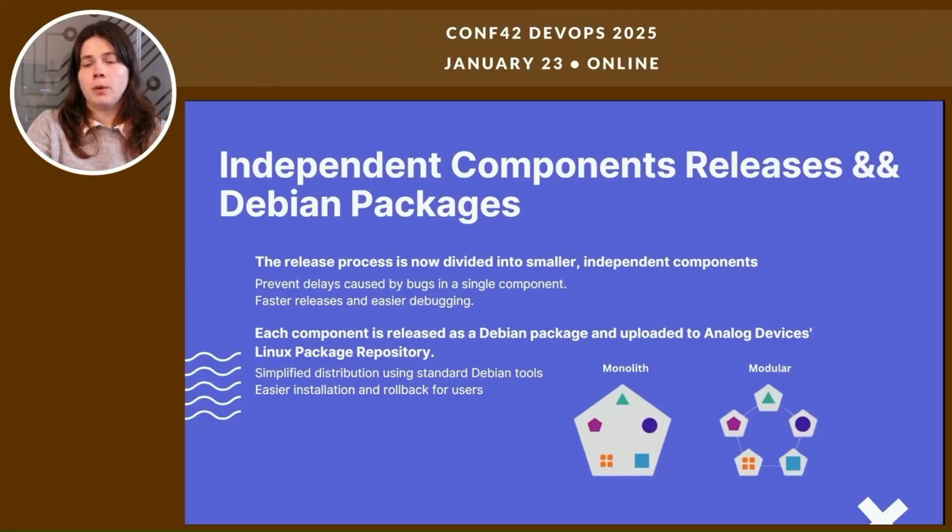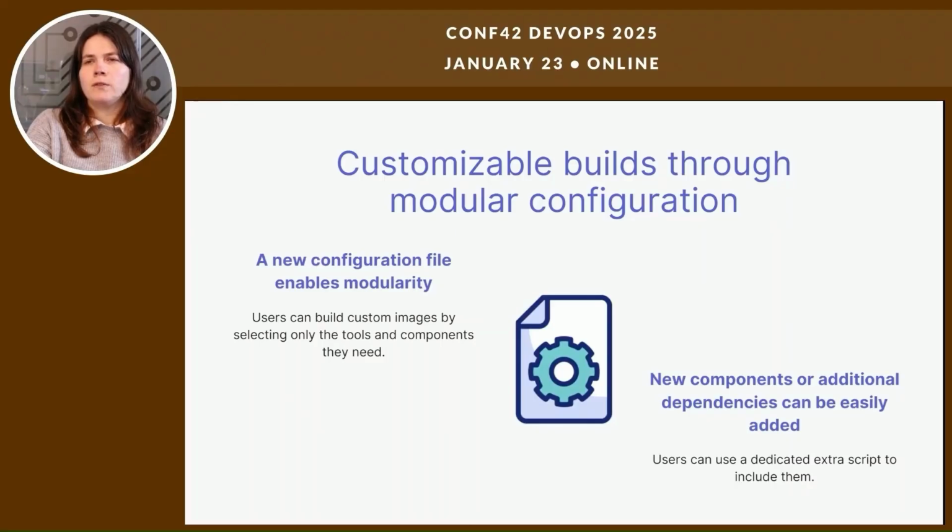For each software component, Debian packages are created as a release artifact. After that, they're uploaded to our Linux package repository. By using standard Debian tools, we've simplified distribution and made it easier for users to install or roll back software packages. But one of the most significant steps we've taken to increase flexibility is the introduction of a modular configuration